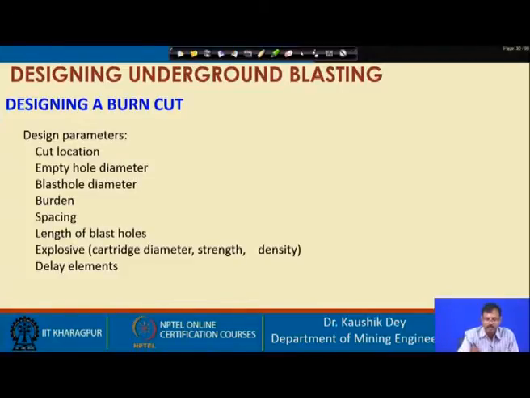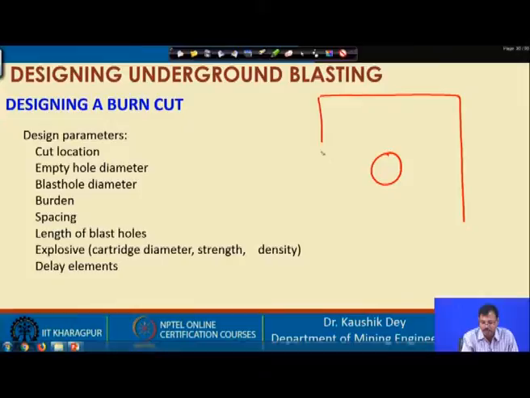Say this is the total cut area, this is the first loaded blast hole, and this is the empty hole. So, this loaded blast hole is placed very close to the empty hole, and this empty hole acts as the free face to the loaded blast hole.